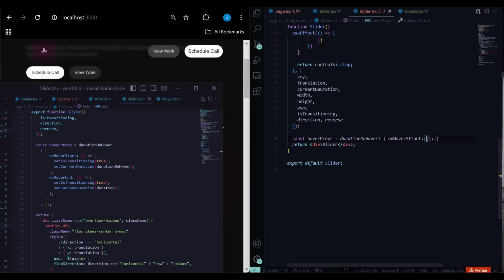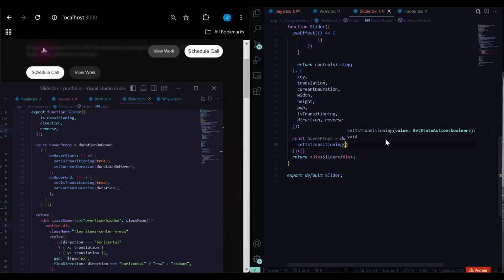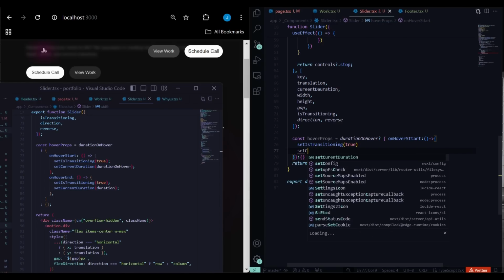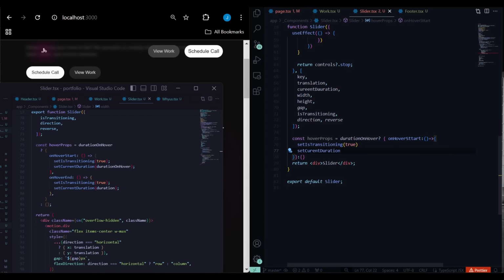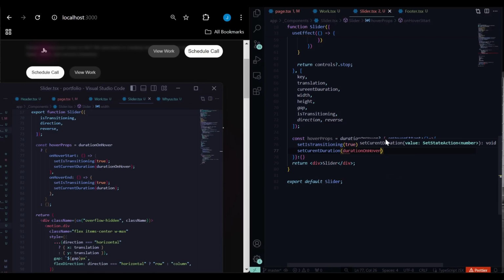On hover start, here we set transitioning to be true, and here we set current duration to be whatever the duration on hover is. Okay, then here